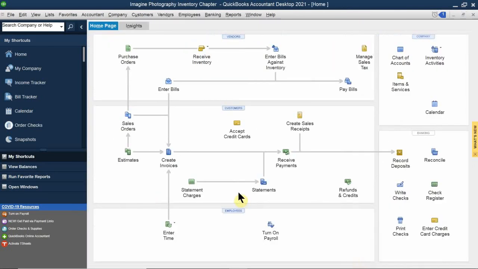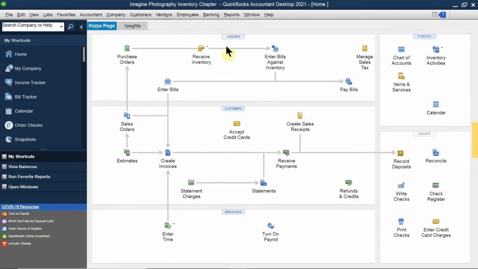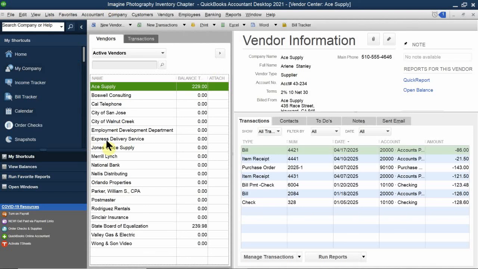Okay? So let's take a look again. I go to my vendor center and let's see what happens. I go to Ace Supply and let's take a look at my transactions. So again, this is all of them. Now what you're going to notice is that you have a purchase order, and you have item receipts. Now keep an eye on this because watch what will happen. So now that I received my second item receipt,